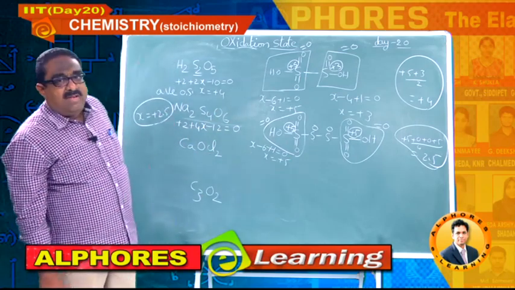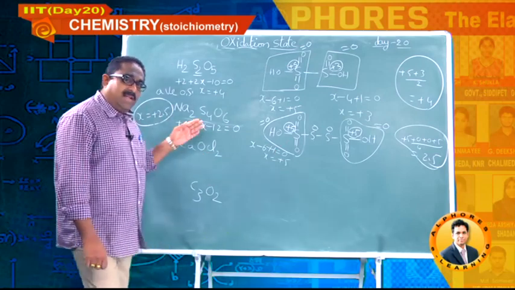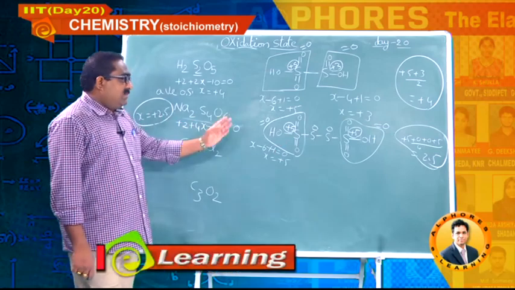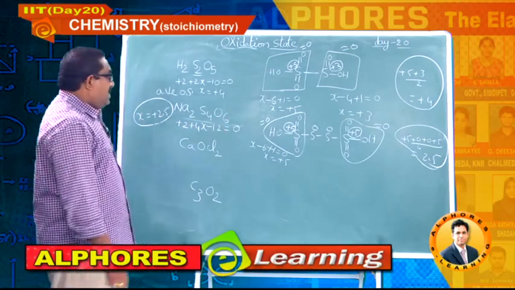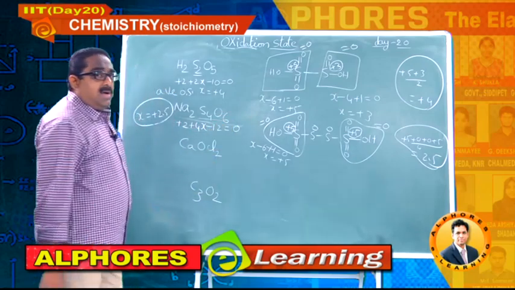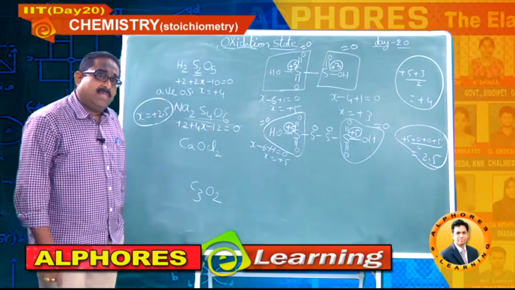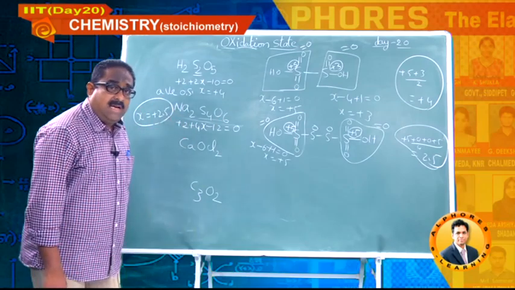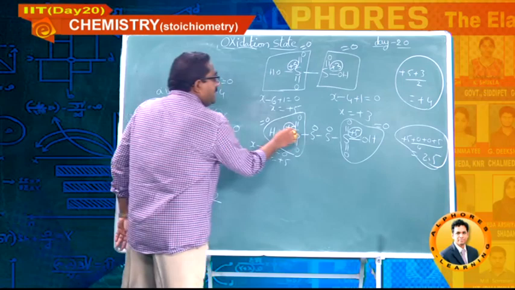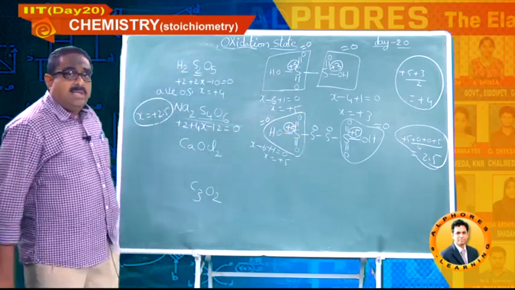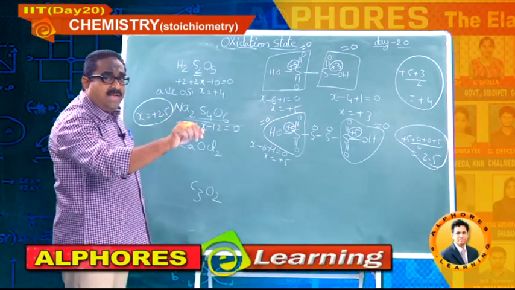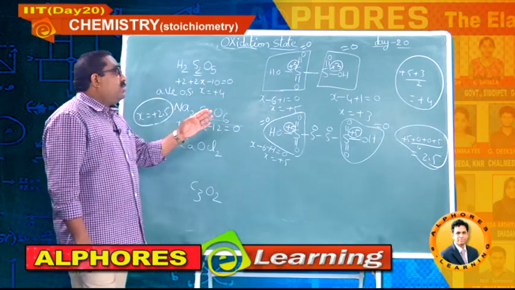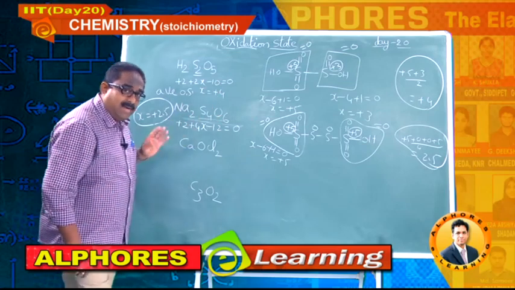And there is a previous advanced question based on this, students, in the 2011 paper, and they have set an integer question based on this. They have given this compound, and the question is asked like this: what is the difference between the maximum oxidation state and the minimum oxidation state of sulfur in this compound? Maximum oxidation state is plus 5, minimum is 0, the difference is 5, an integer. The same question has been asked in IIT 2011 in the advanced paper.